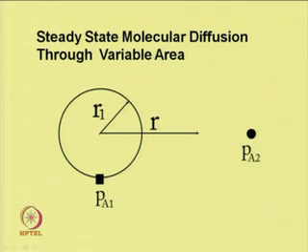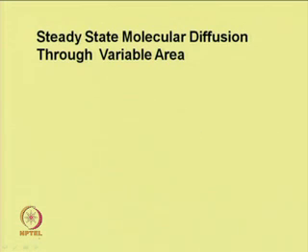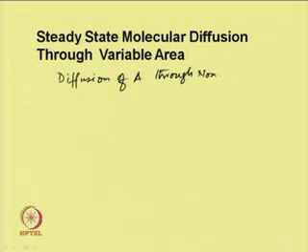So, the initial radius is R 1, this is on the surface of the ball. So, if we apply the Fick's law of diffusion, consider the case of diffusion of A through non-diffusing